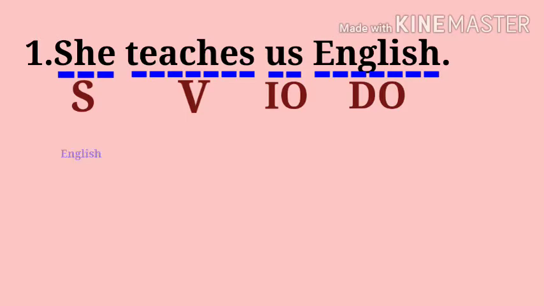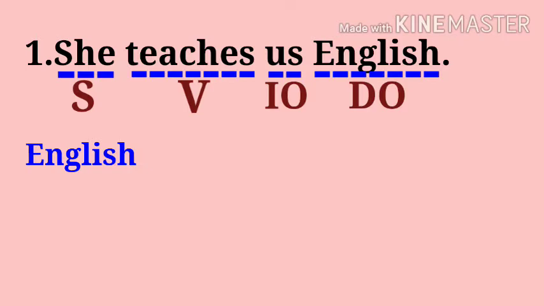Now what is the direct object in this sentence? English is our direct object. So the passive construction will start with that direct object. So you have to start with English. Understand? Then once again you have to turn towards the main sentence. First of all, you have to identify the tense from the sentence. What is the tense in the given sentence? She teaches. Teaches. S or es will tell you that it is in simple present tense. Understand? And English, our object, is singular.